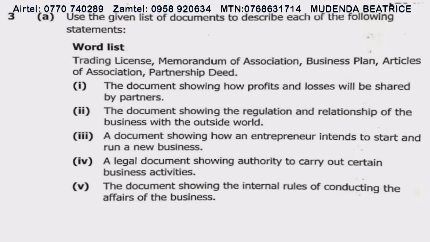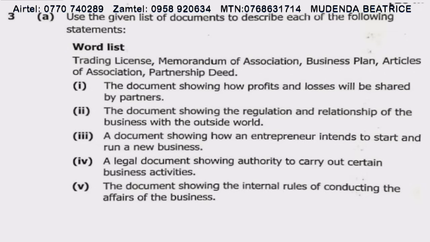Let's start with statement 1, which is the document showing how profits and losses will be shared by partners. The one showing how much percentage of the profit or loss you're going to be getting. Each partner has to know, and this information should be written in what document? The document where you can find the percentage of each partner of the profit or loss made by the company